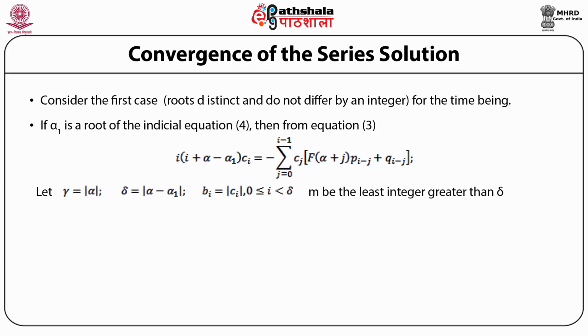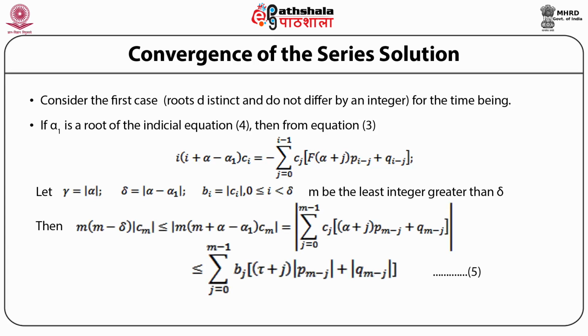Let gamma be equal to modulus of alpha and delta equal to modulus of alpha minus alpha 1. Bi is equal to modulus of Ci for i going from 0 to delta. Let m be the least integer greater than delta. Then we have m times (m minus delta) times modulus of Cm less than or equal to modulus of m multiplied by within the brackets (m + alpha - alpha 1) times Cm is equal to modulus of summation over